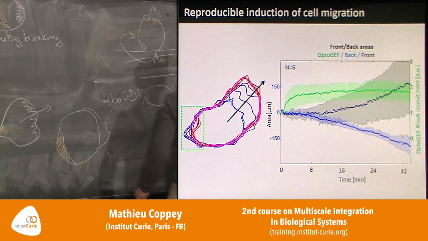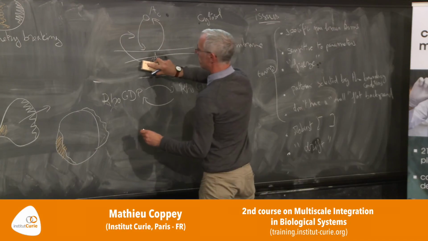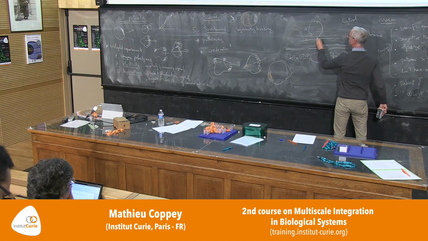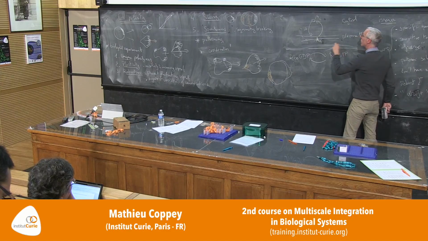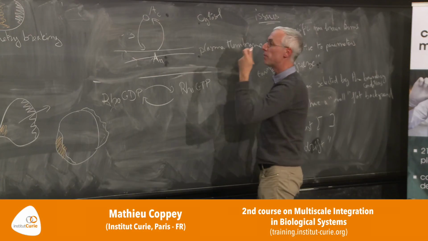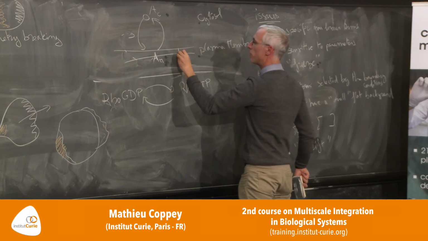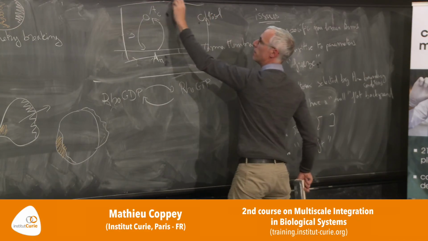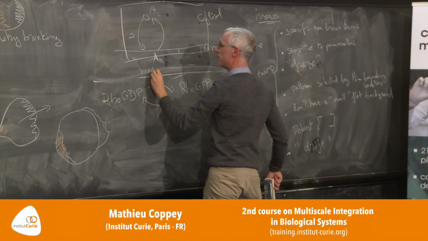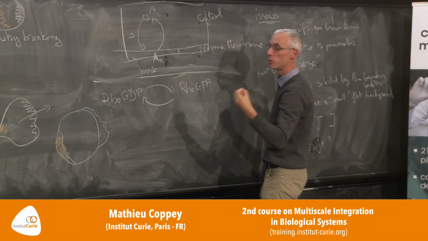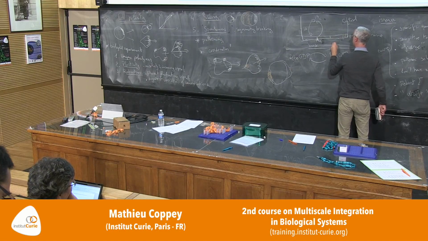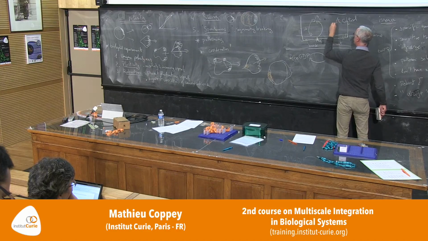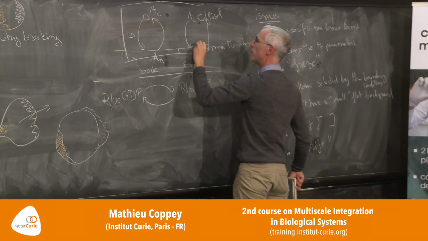And I will explain the model in a second. We don't have this feedback here. What we assume is that there is an exchange between the membrane and the cytosol of two components, actin and myosin. And the idea is that we have just two boxes, let's say: what we call the back of the cell, where we do the activation by hand, so we force that, and the front. And so at the beginning, you have an equilibrium of your species between the membrane pool and the